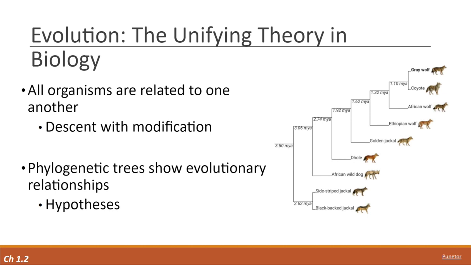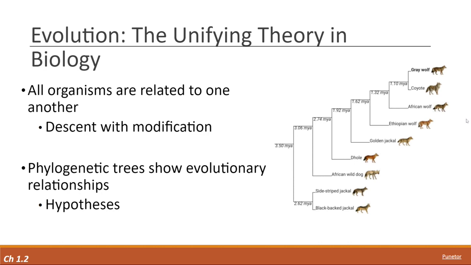And so we have some unifying ideas in biology because if we look at animals, well, all living things are related at some level. We share DNA, we share a lot of metabolic processes, but I wanted to show you here